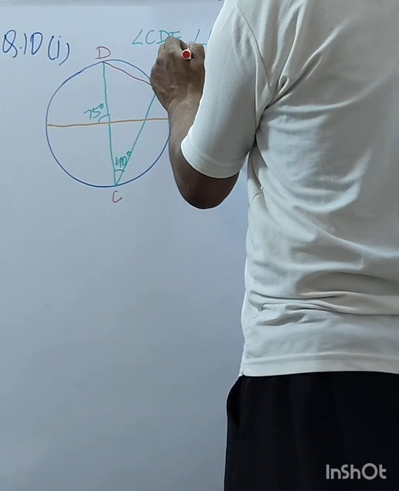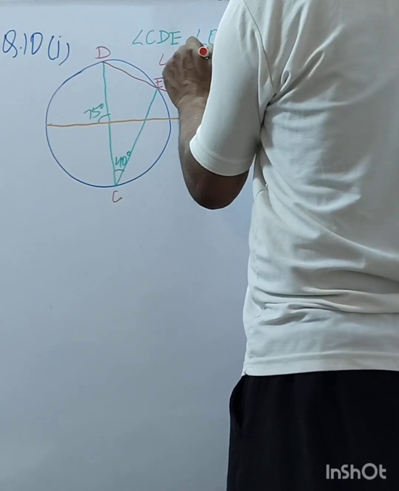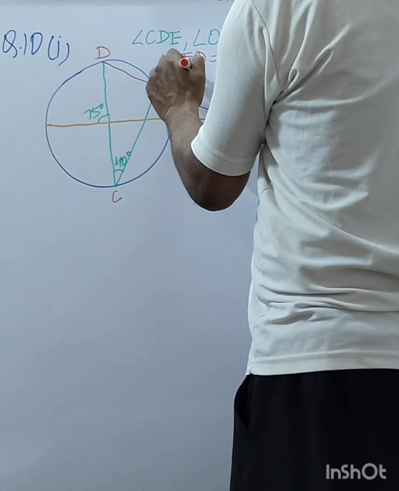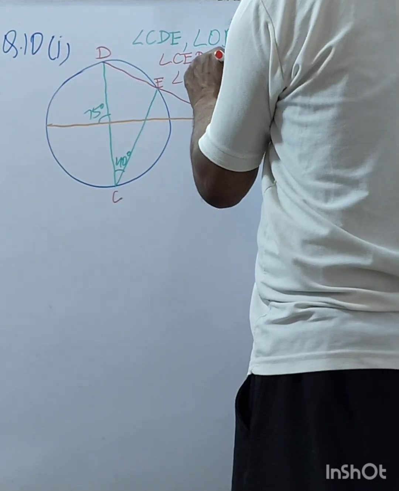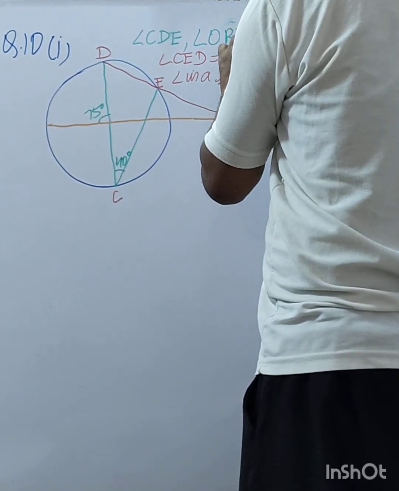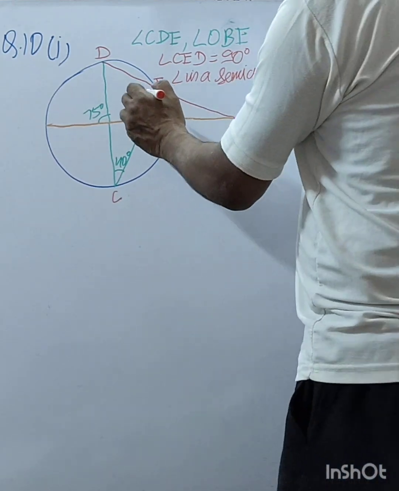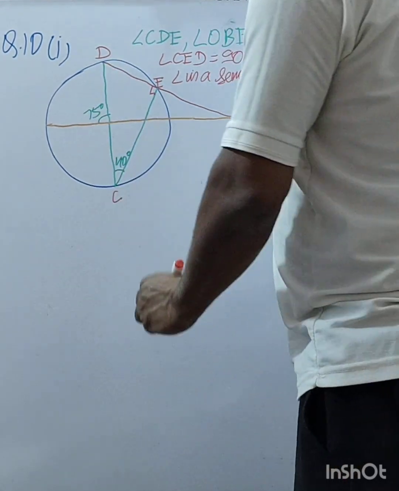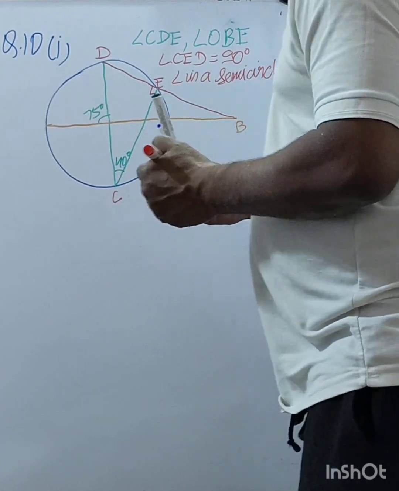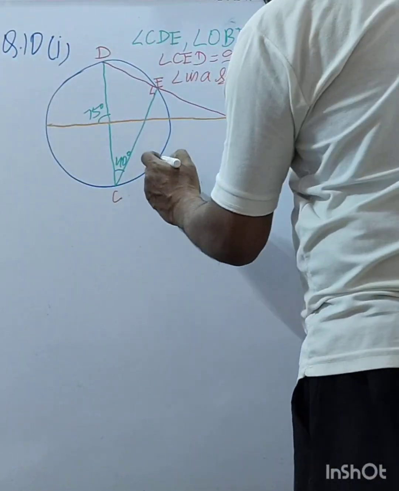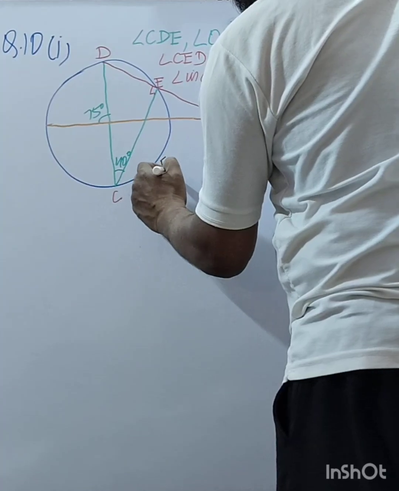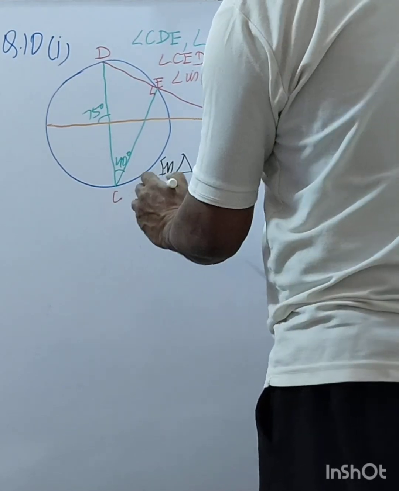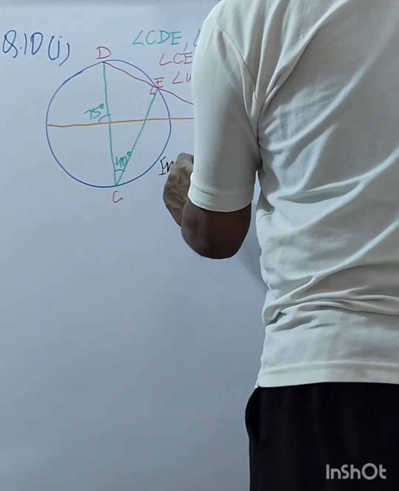So angle CED. Angle in a semicircle, so angle CED is of 90 degree. So in triangle CED,